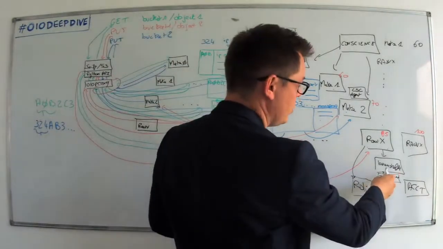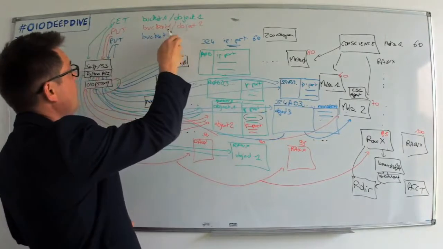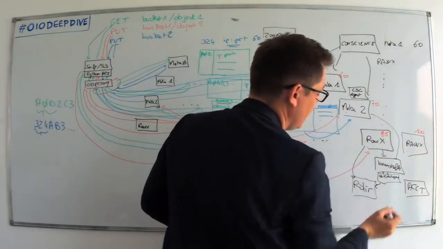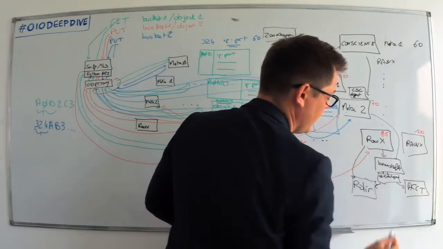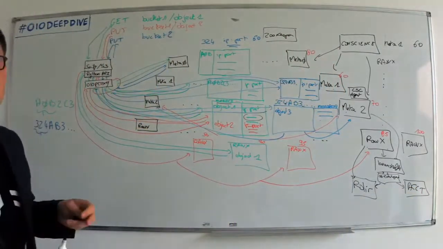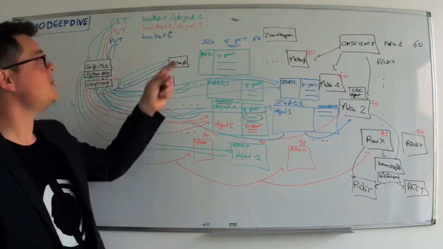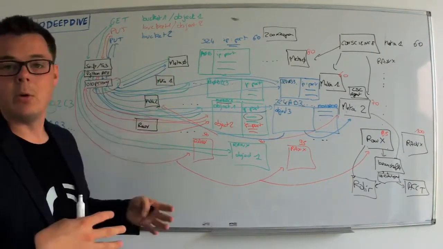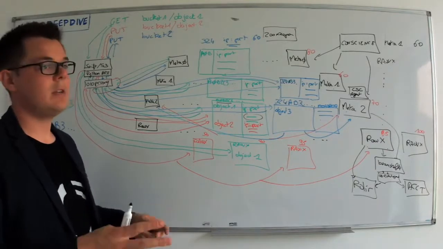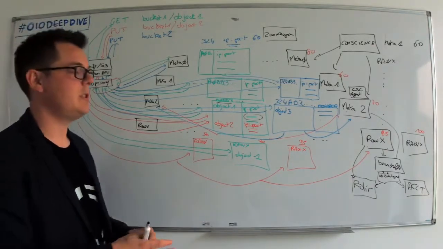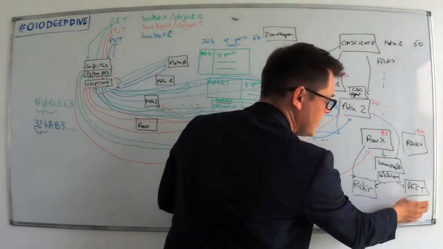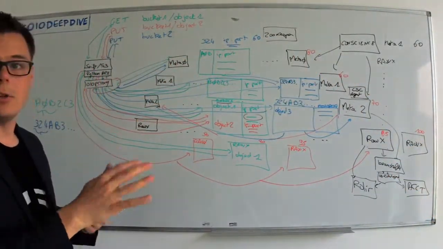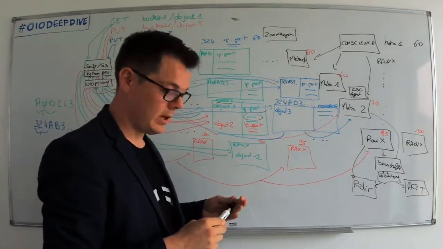The Beanstalk is also used when you put new data, for example, in the bucket. The meta2 will create an event in the Beanstalk, and we will fill the account system. This is where you will find information like, okay, this bucket is storing, I don't know, 10 objects, and it represents like 10 megabytes of data. So this is where the information about a bucket is stored, the number of objects, and so on and so on.